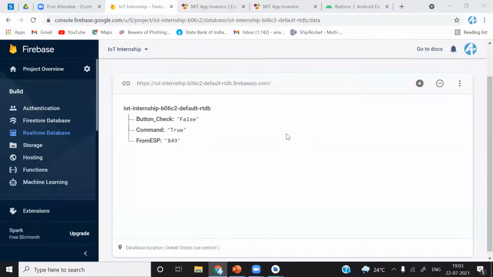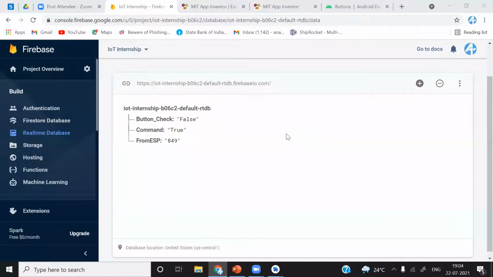I'll share this application. What are the advantages Android Studio gives over Blank App? See, Blank App, MIT App Inventor, and all other platforms which use logic blocks to create applications have a little bit less flexibility, not a little, so much. Using Android Studio, you can make any application you want, and you can create any user interface however you want.